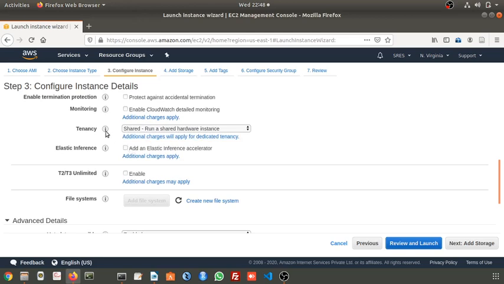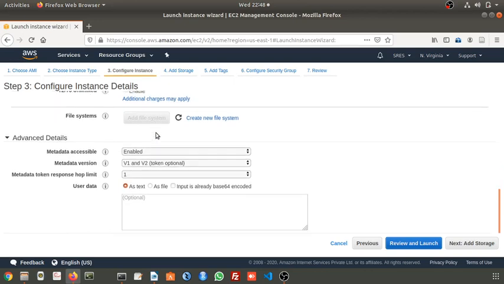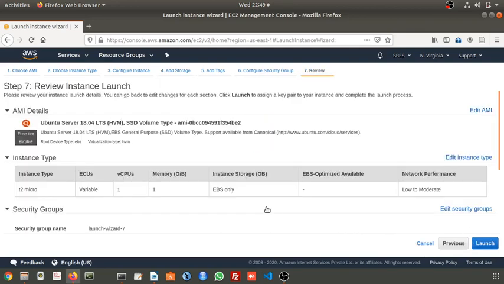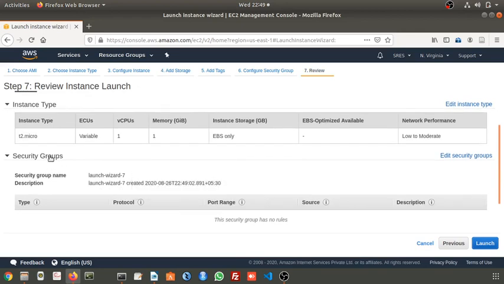Again, tenancy is shared, that is, this virtual machine is going to share the existing hardware with somebody else. I'll keep this default. If you want, you can increase the size also, but charges will be applicable. And the security group we need to add.